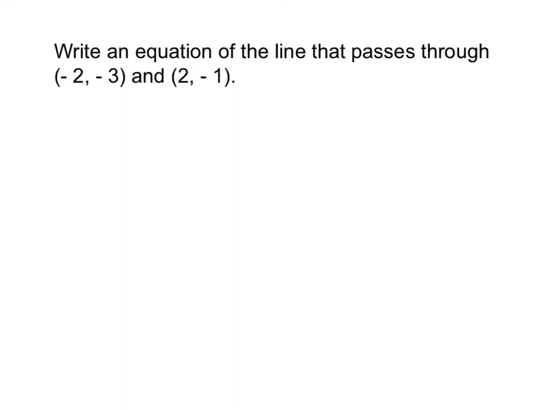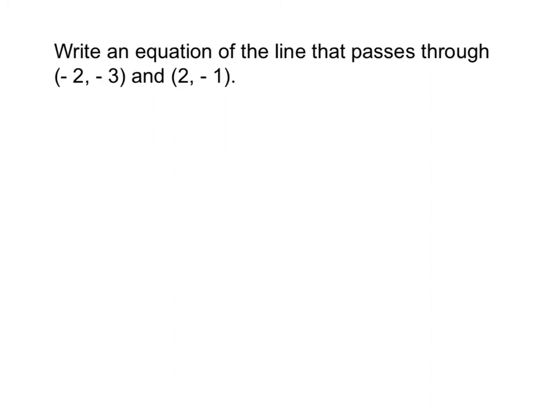In this example, they're asking me to write an equation of a line that passes through 2 points. We're looking at the points (-2, -3) and (2, -1). To write an equation of a line, I need 2 things. I definitely need a slope and I need a point. I have 2 points. I don't have a slope, but I have the opportunity to find the slope using the slope